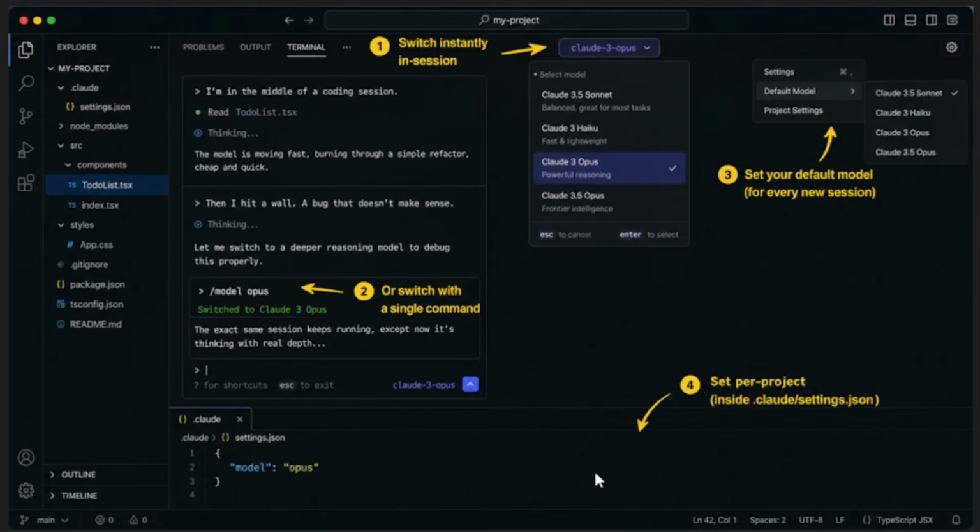Most people run Claude Code exactly like they run any ordinary app. One fixed setting, chosen once on day 1, and never touched again. The people who get real leverage out of this tool treat